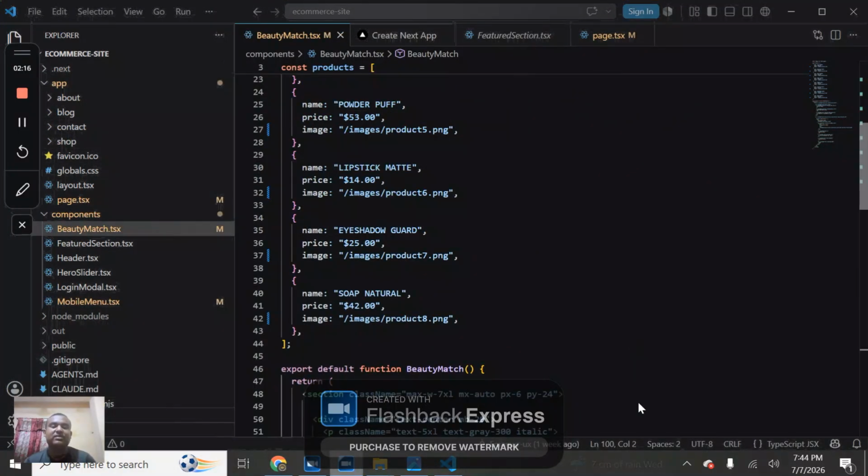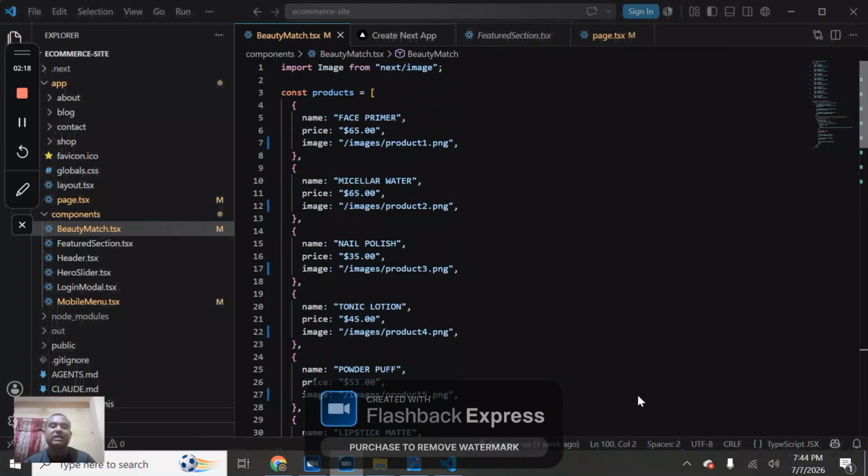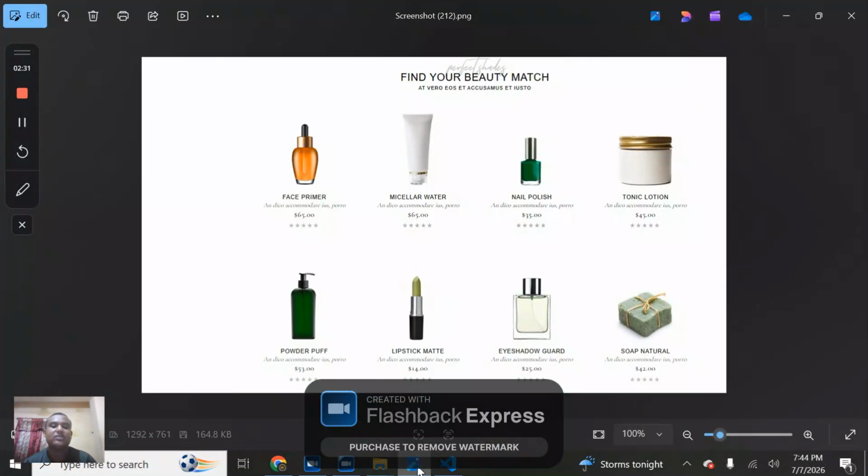We have to summarize what we have made. As we know, we have to remind ourselves of something. What do we do in the components in this file? const product: name, price, image. This is product number 1. What is the name of the product? As we know, we have to go to the